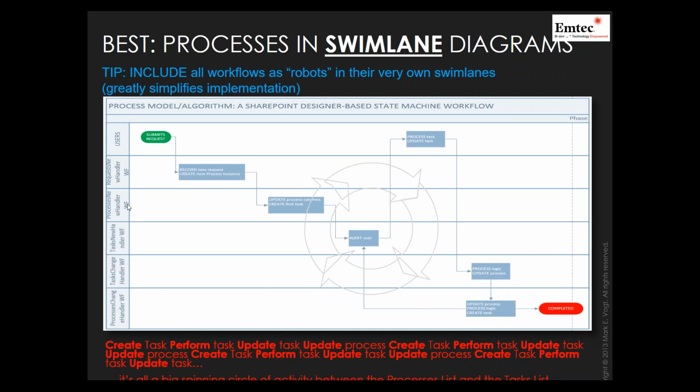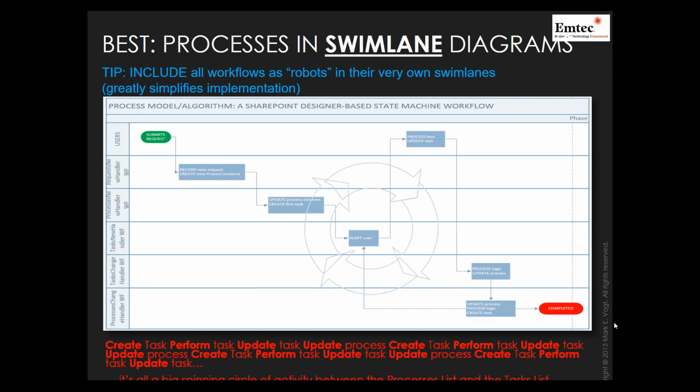What I also want you to pay attention to is this: the workflows themselves, if you treat them like robots, actually become players that actually own their very own swim lanes in the process diagrams. You have to start thinking about these workflows as if they're robots, as if they're participants in the business process. You're not trying to figure out that the process is all about humans and then the humans go and do something with the workflow. The workflows are the actors in the process. And then it becomes very straightforward to start moving all the flow in your business process through all of these different robots as opposed to people. And that's what streamlines the management of what's going on.